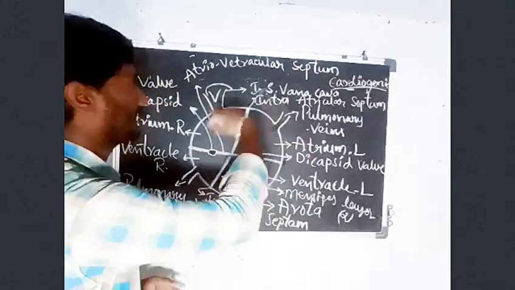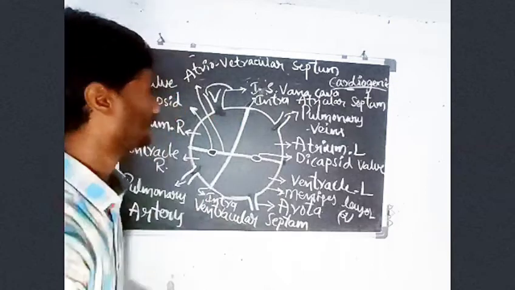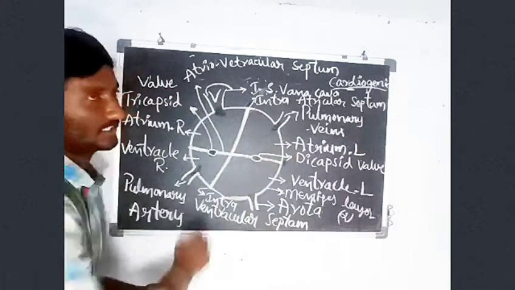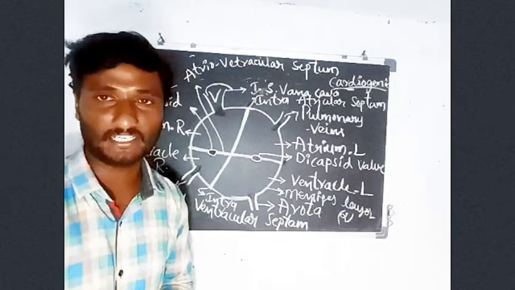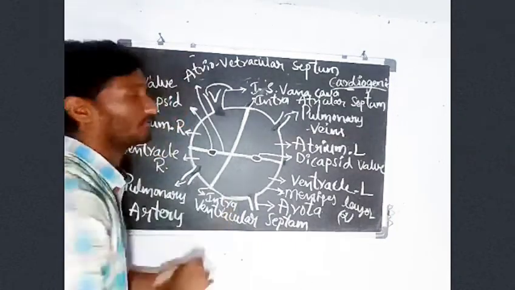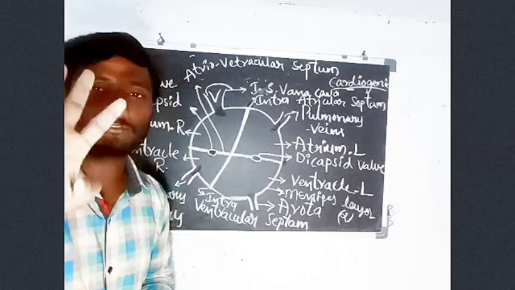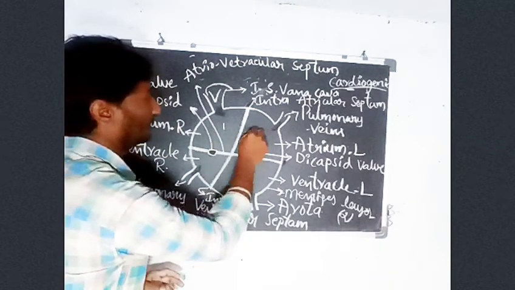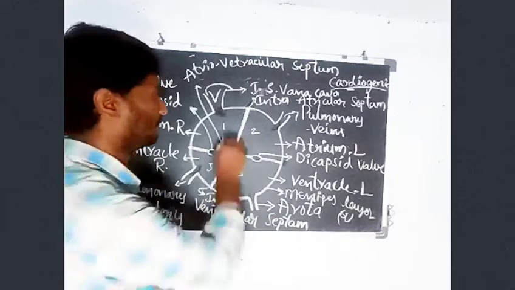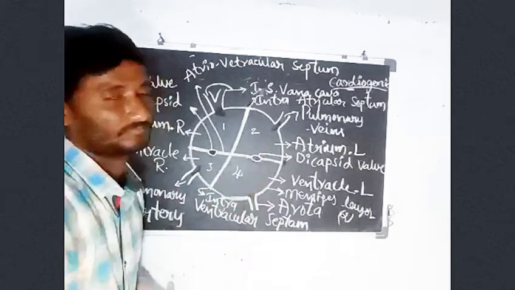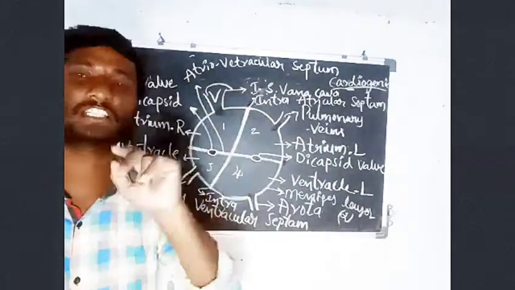Let us discuss the internal structure of the human heart. Look there, this is the internal structure. When we observe the internal structure of the human body, the heart is made up of 4 chambers. Our heart consists of 4 chambers: 1, 2, 3, 4. Our human heart consists of 4 chambers.